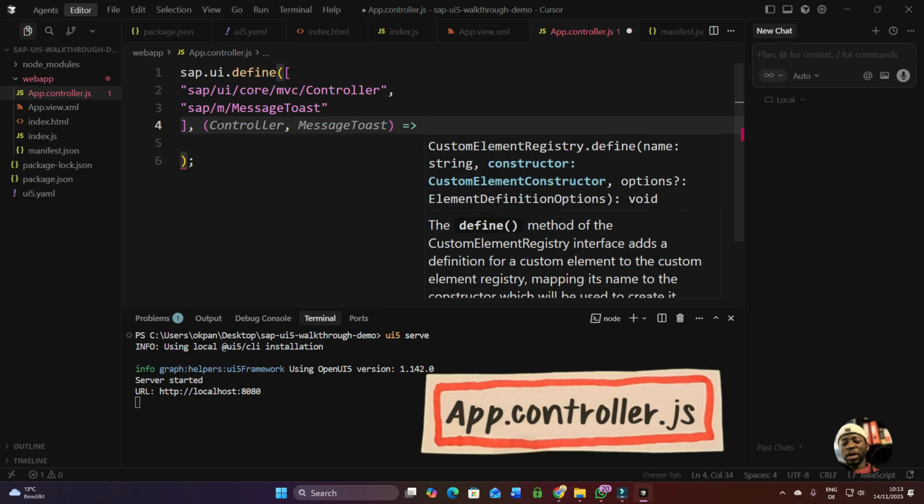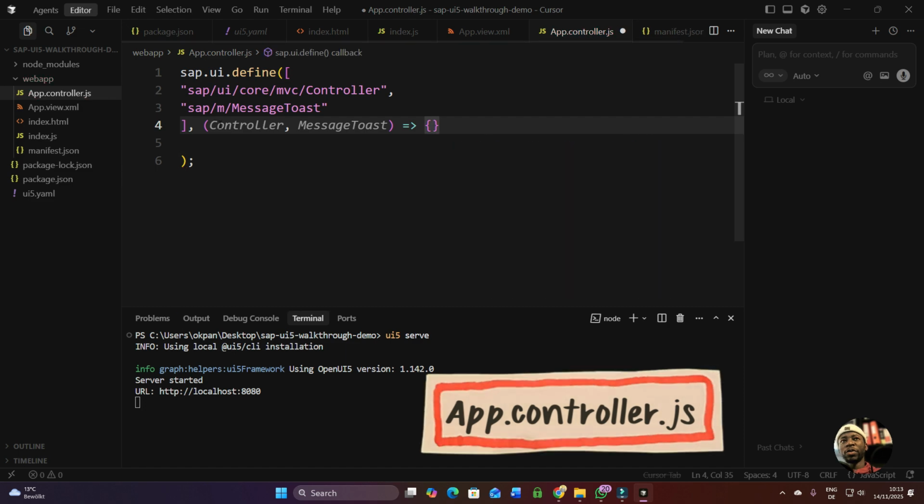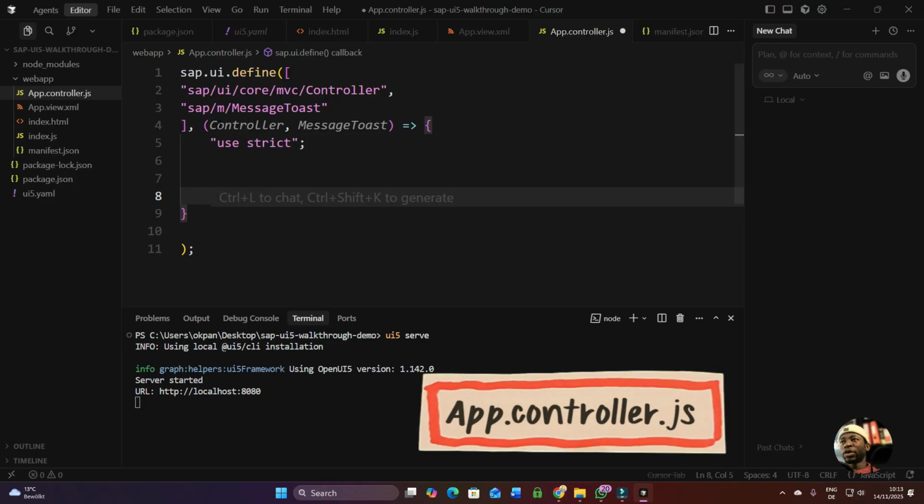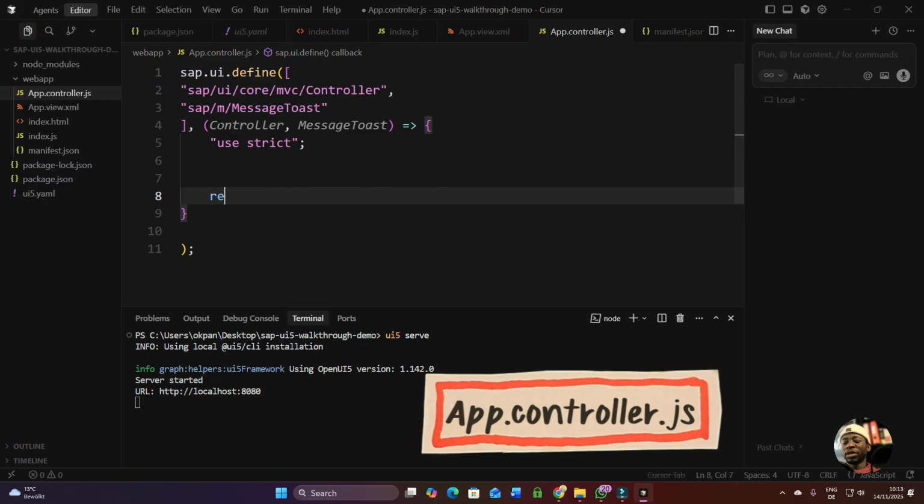This is an arrow function. So now we have our curly brackets to define the arrow function, and we are using "use strict" to run our code in strict mode, and end this with a semicolon. So inside our controller, we are going to be creating the functions. To create the functions or the logic, we are going to extend the base controller. So what we do is we say return